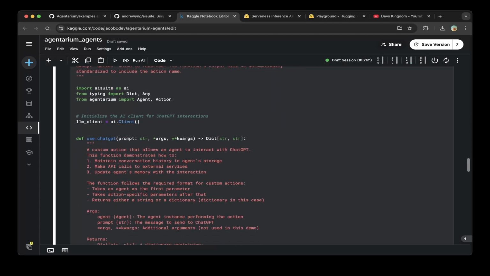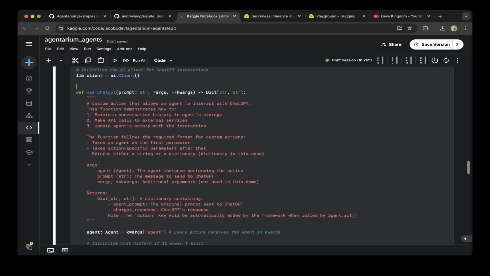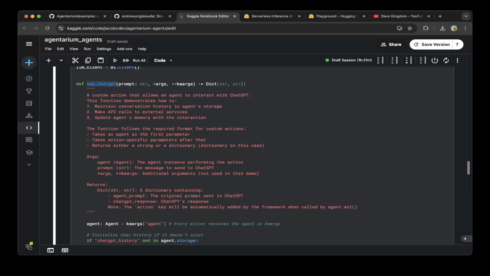And also the next thing you're trying to do is initiate an agent or a client. Then this is a use ChatGPT. So that is a tool function. So it's basically an LLM-based tooling, right? So you can actually see what this tool does, right? So it's a custom action that allows an agent to interact with ChatGPT. So it's just an alias. You can use different models. Doesn't have to be ChatGPT, but this is just a sort of triggering prompt to allow this